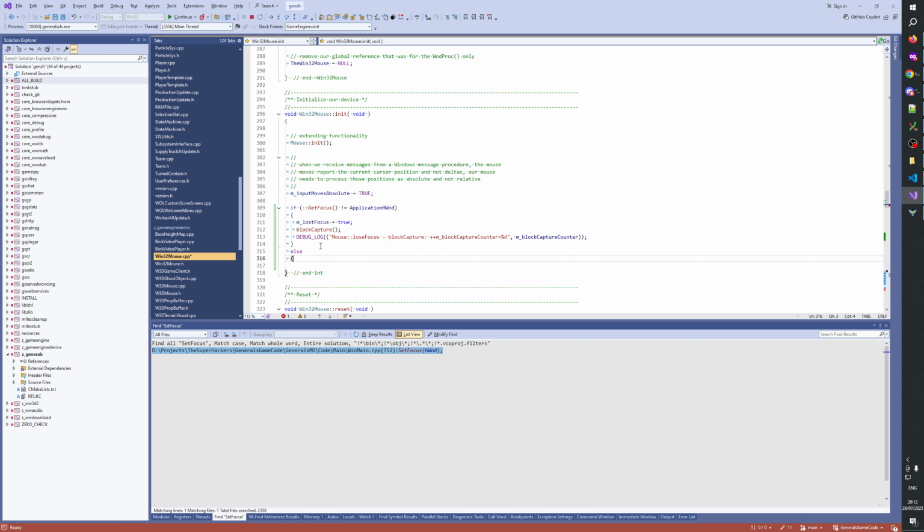Else. Okay, lost focus, false. Get focus. Let's move this here.